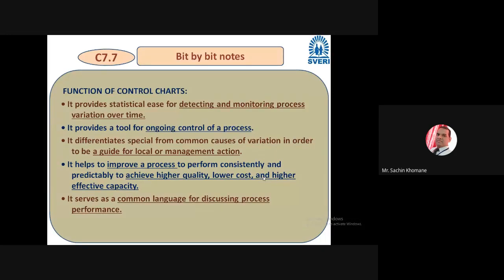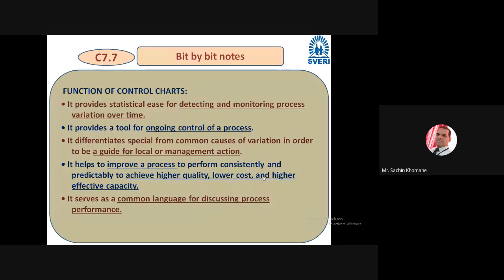So for an ongoing process, if you want to control it, there is no other way than a control chart, because it will help to monitor, and most people have digitalized this. Now in a chemical industry, there will be a computer display with all readings on one screen. How much pressure is increased, how much temperature is increased, right? If it goes beyond the limit, there is an alarm signal and all this. So now digital things are there, and this digitalization happened due to control charts only. So this is one important function.